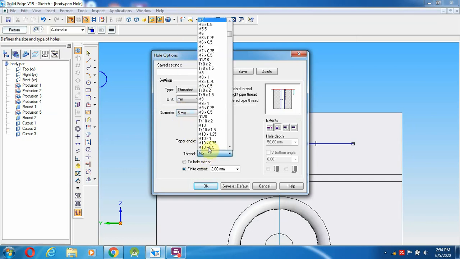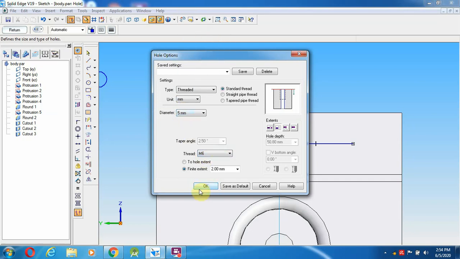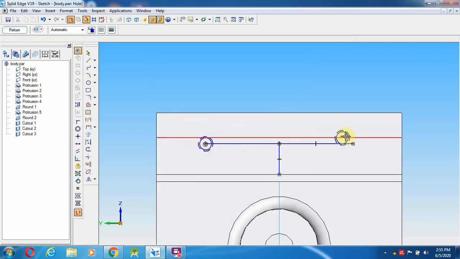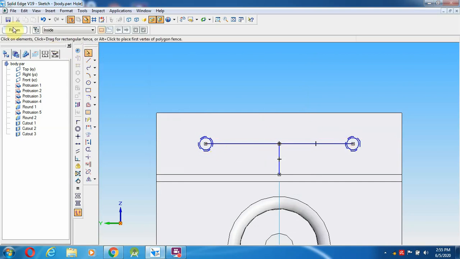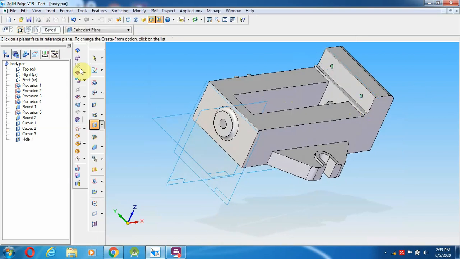and thread M6 up to the 10 mm distance. The hole has to be threaded. What is this one? That is the 13 mm. Up to 13 mm the hole has to be made, and the V bottom angle is 118, so you have to maintain it as 90 degree. Okay, so after creating this, I'm going to keep the hole over here and here. Then going to give return towards left side and right side. The hole has to be created over here.